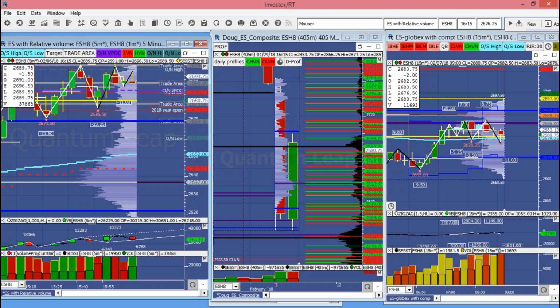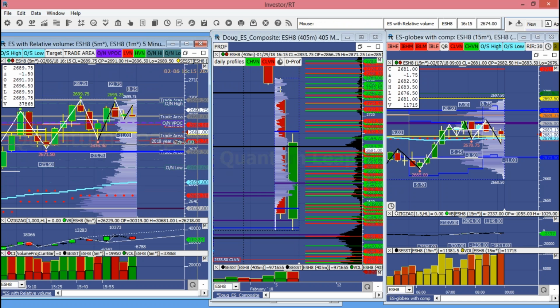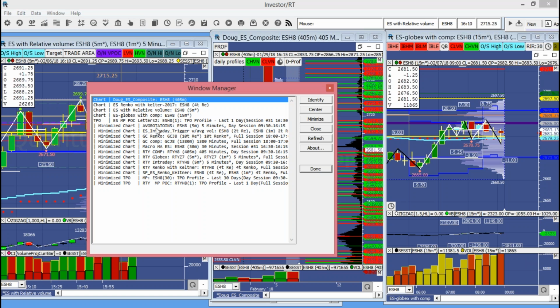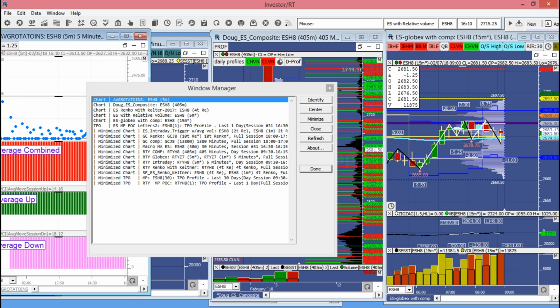All right, so in terms of creating trading levels, it's going to be very difficult today. The average daily range right now has expanded out to 43.03, and if you look at yesterday's average rotations,